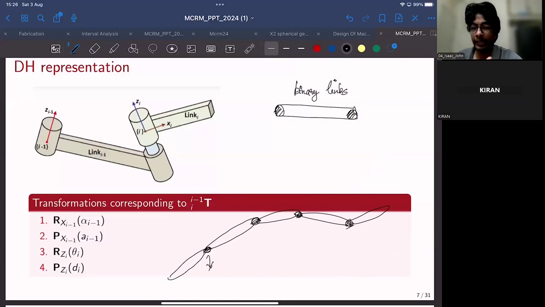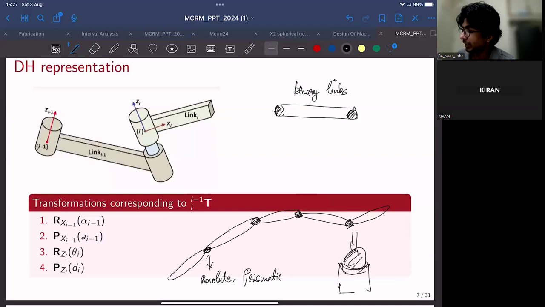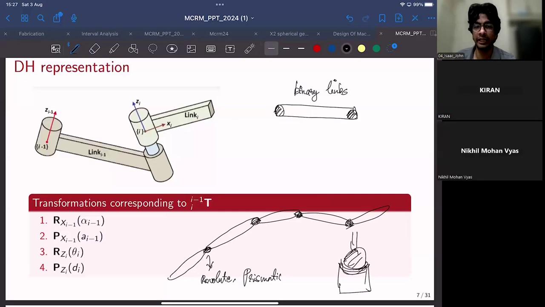So these could be revolute joints or prismatic joints, which are single degree of freedom joints, right? Because as you may know, there are joints that have more than 1 degree of freedom, such as a ball and socket joint. We call them a spherical joint. So we have a ball like this, which is free to rotate about a socket, similar to how our shoulder joint moves. So ball and socket joints have 3 degrees of freedom. And there are other joints such as a universal joint, which has 2 degrees of freedom that can rotate about